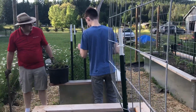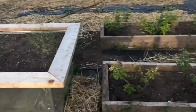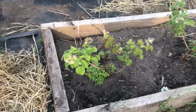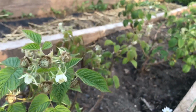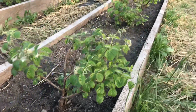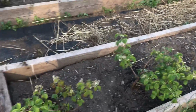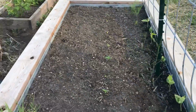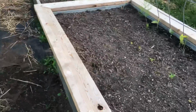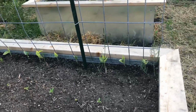Boys are hammering some T-posts for the peas. We're trying to get some more. The raspberries have blossoms on them and growing little berries. I'm excited for them. And there's kind of a dead one, I think, over there. So luckily there are some spares growing up. Oh, Jerry ripped them out. Oh well, it's fine. The raspberry spares that were growing right over here. Yep. Anyway,